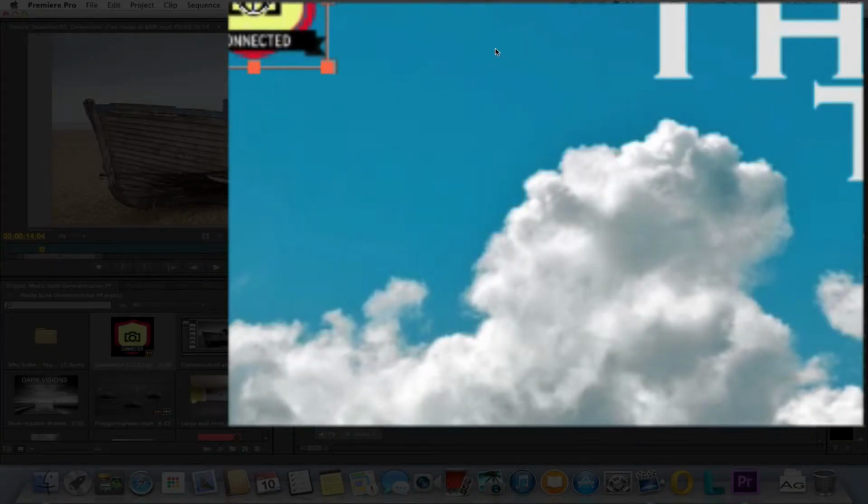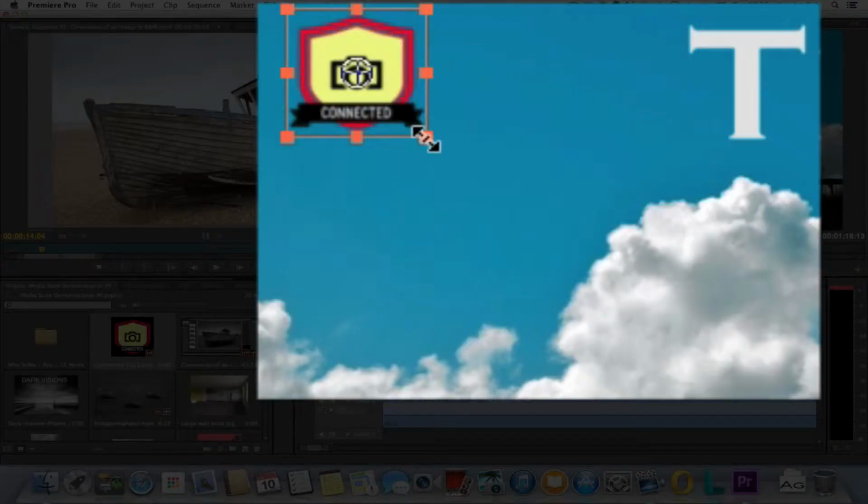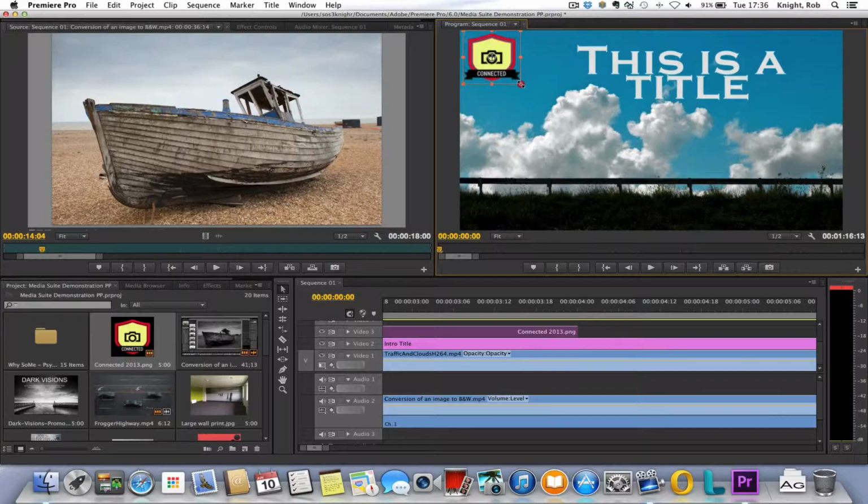So if it was a PowerPoint slide and we've got a talking head over here to the right hand side, we could bring this image file in and drop it over this side and we'll be able to see the PowerPoint. And we're just going to use this as an example. We can then use the grab arrows in the corner as we would any file. If you hold shift, it will help constrain the aspect ratio. So we'll use the grab arrows and we can make this file bigger. And again, we can still move it around the screen, get it to where we want it. And once we're happy,